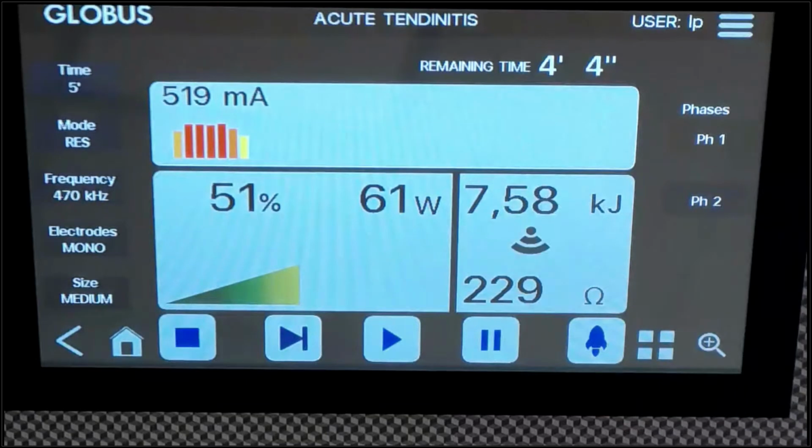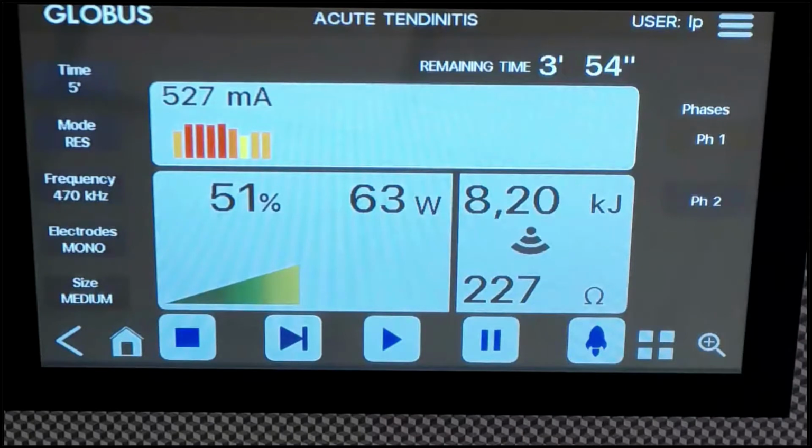As you can see, again, we go back to lower levels of current because we increase the impedance through the plate and the electrode. So the thermic effect, with the same average that we set up in terms of power, we set 50%, 51%, is now lower than before.